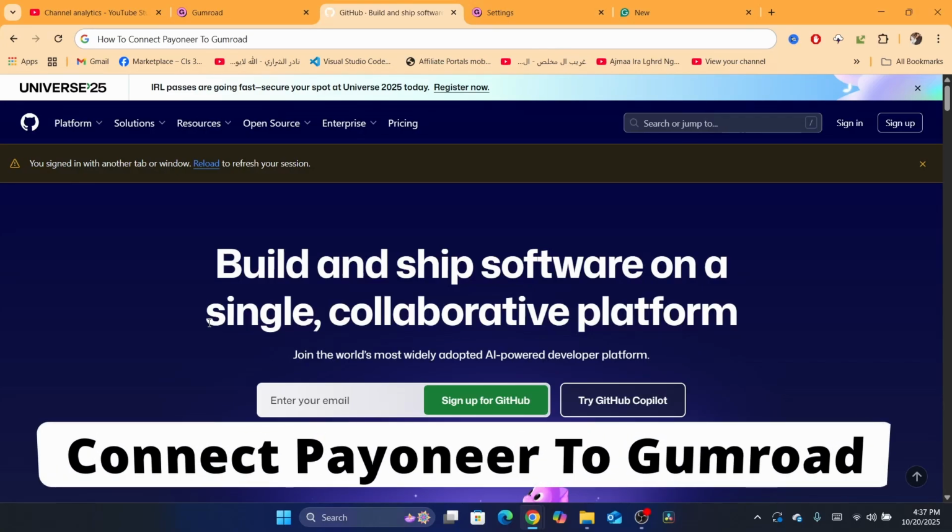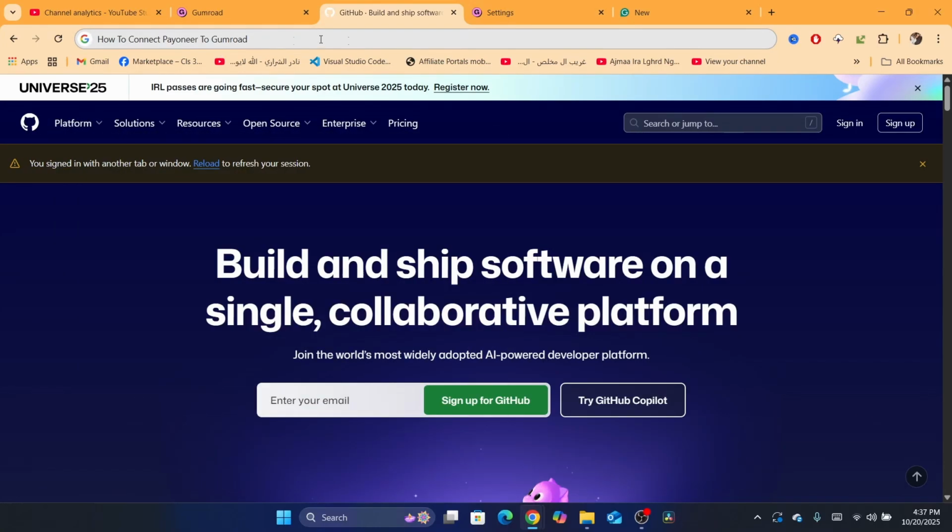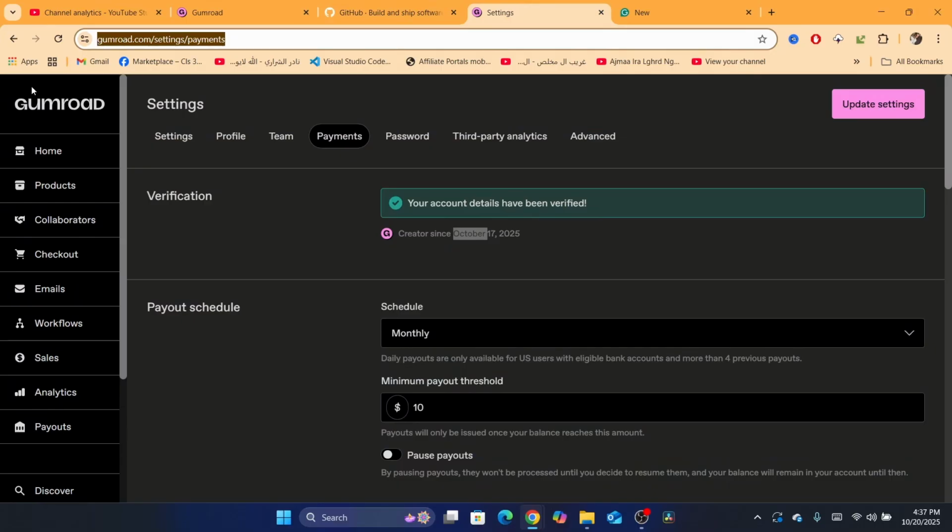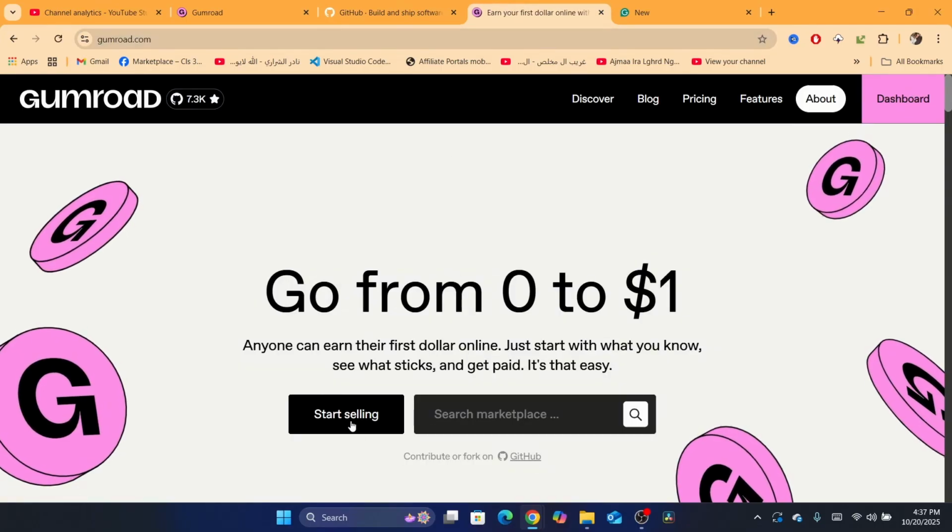Now in this quick and easy tutorial, I'm going to be showing you how you can connect Payoneer to Gumroad. This is a very easy tutorial and easy to follow. So first thing you need to do is go to your Gumroad and then click on start